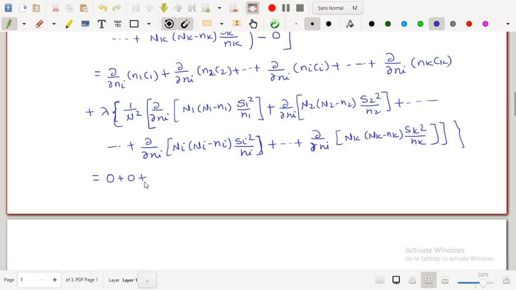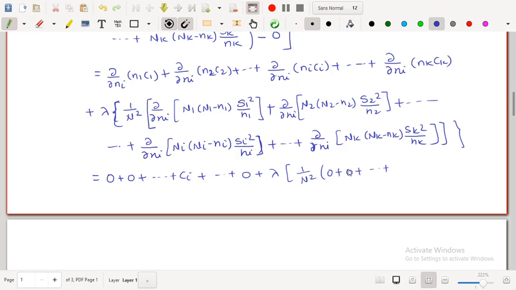The second term is also 0, and all other terms are 0, and the derivative of ni ci with respect to ni will be ci, plus all other terms are 0, plus lambda into 1 upon n square. And if we apply this derivative here, there is no ni, so this is also again 0, plus the second term is also 0, plus up to